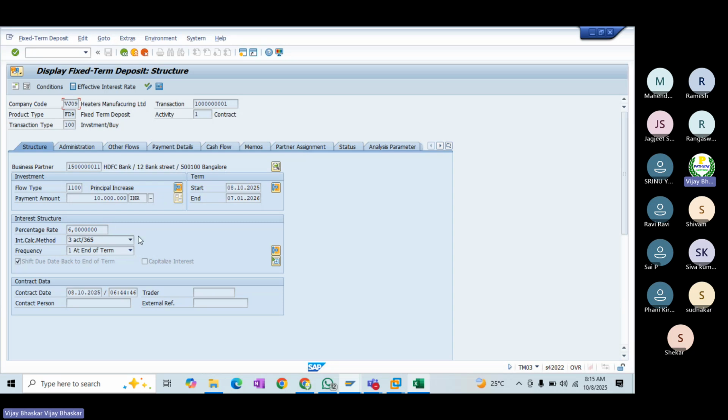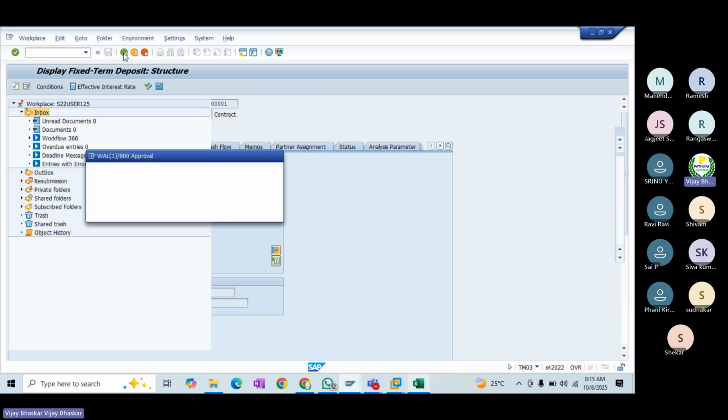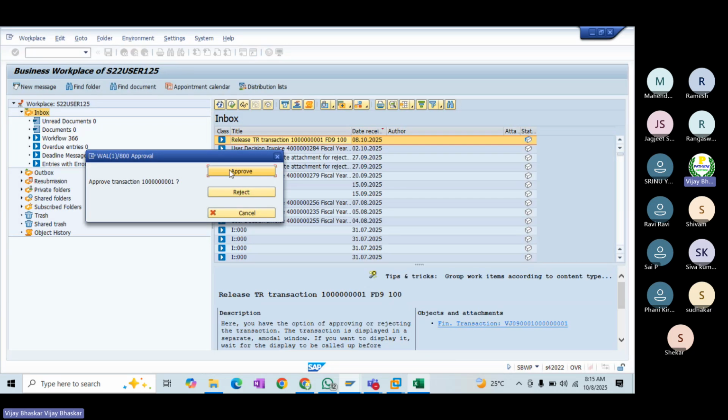You wanted to verify. Verify in the sense, in case of any changes, he'll just validate that information. In case any changes are required, he'll reject this one. Once you reach here, go back here and you can see this. Either you can approve, reject, or cancel, whichever function you wanted to perform. In case you want to approve, fine. If you approve this one, the deal will move to the approved state.